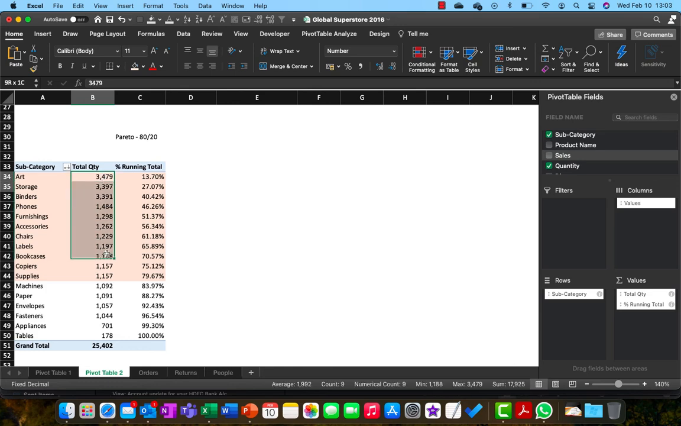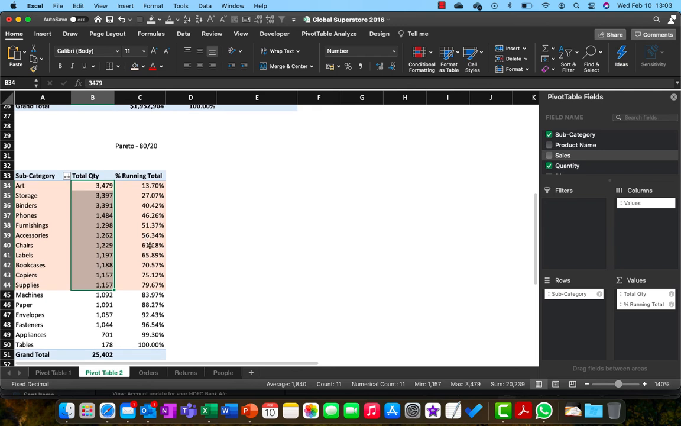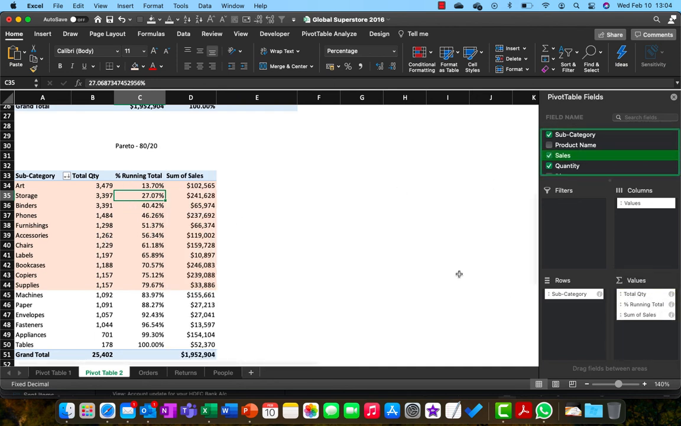So apart from this, value field settings offers other calculation options, and another useful option is the ranking option. So at this moment we have subcategory by total quantity and their percentage contribution in the form of running total. What is required is that I would like to see how they compare when it comes to sales. So if I bring the sales amount into the table,